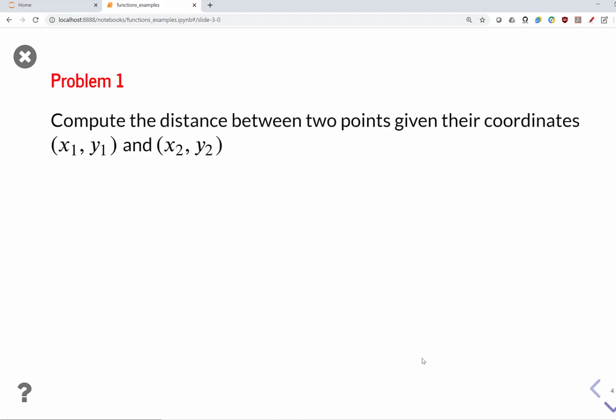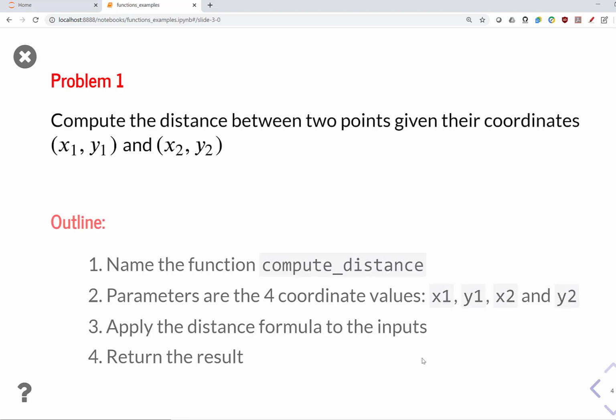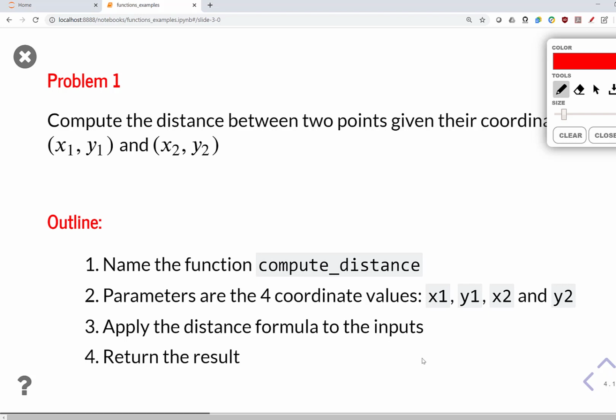The first problem we're going to look at is familiar to you. That is to compute the distance between 2 points given their coordinates x1, y1 and x2, y2. The only difference is that we're going to express that as a function. So what's the outline of the solution? It's pretty straightforward. The first thing is that we need to decide what to name our function. In this case, we're going to go with compute distance as the function name,